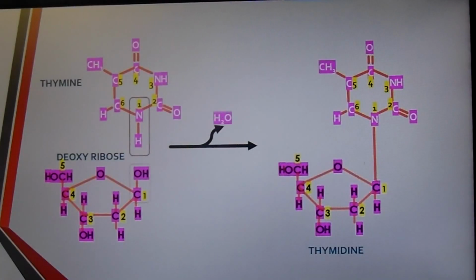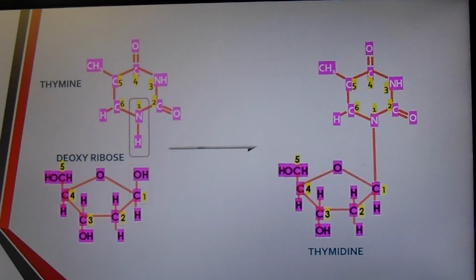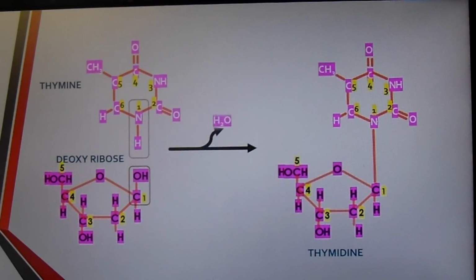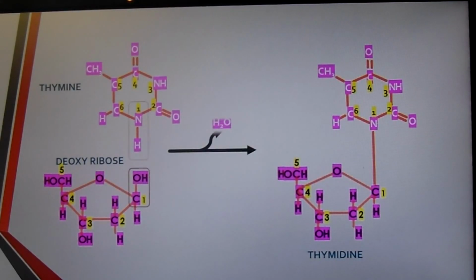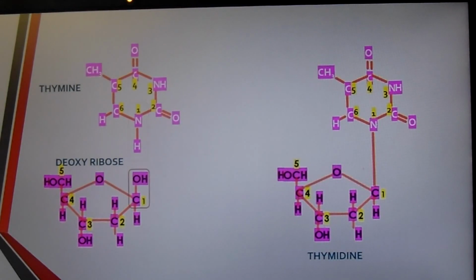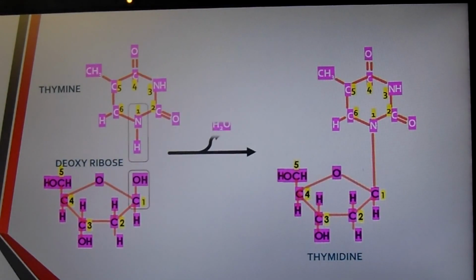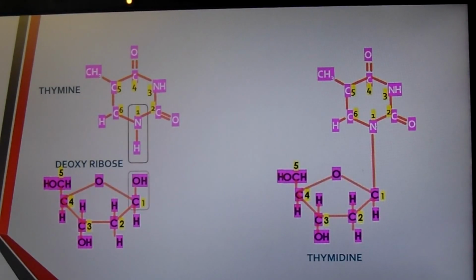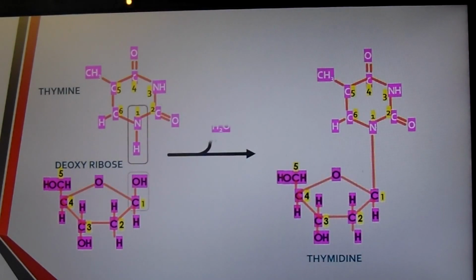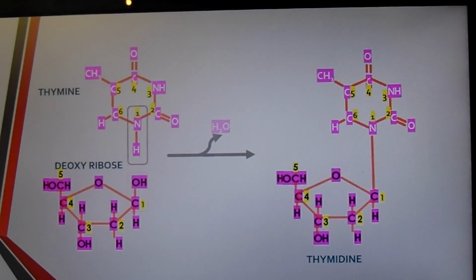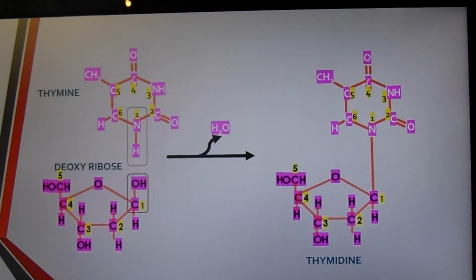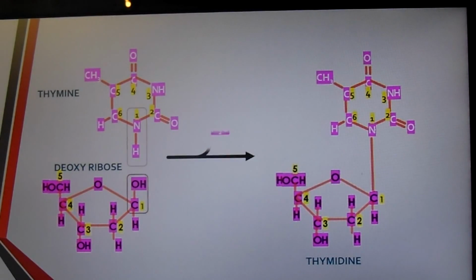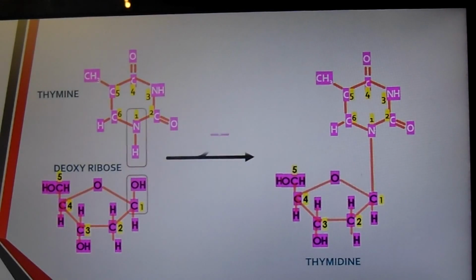When a pyrimidine combines with a pentose sugar, chemical reaction occurs at its nitrogen 1 and carbon 1 of pentose sugar. Hydrogen atom attached to nitrogen 1 of the pyrimidine combines with hydroxyl ion of carbon 1 of pentose sugar. You can see in this slide when a thymine combines with deoxyribose, a water molecule is released, giving rise to deoxythymidine. Cytosine and uracil also follow the same pattern and form deoxycytidine and uridine.